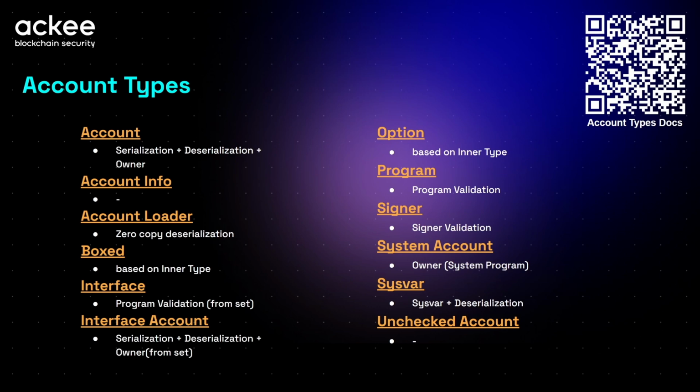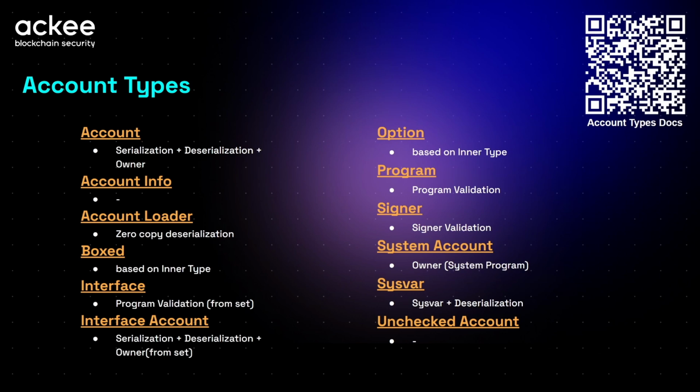There is the Box type, which does not perform any checks. It only ensures that the field, or the content of the field, the struct, is actually allocated on the heap, not on the stack. That means, let's say your program uses a data account which stores a lot of data, and the stack is not big enough to store all of the account data on itself. Then instead of storing the data on the stack, the data will be stored on the heap. So that's the Box type. Then there are interfaces.